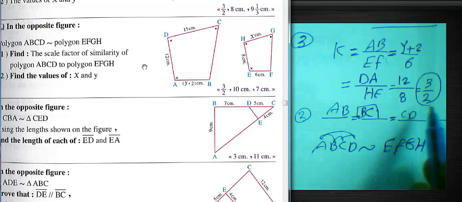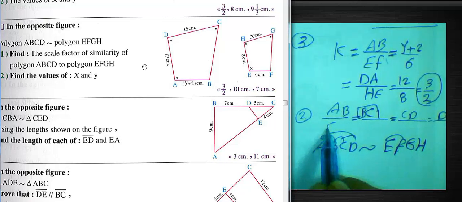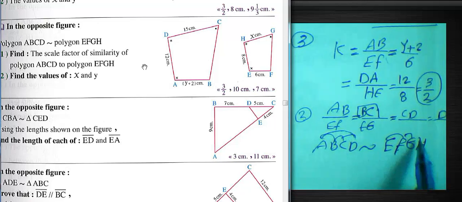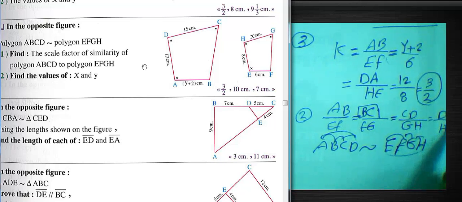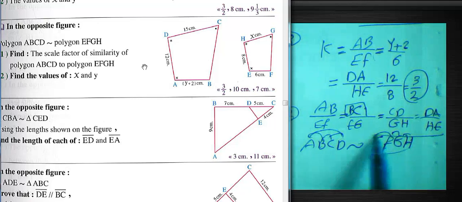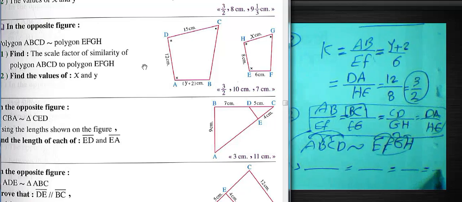You can write this method, okay, EF, FG, GH, HE. And then in this proportion you can put the value of each one, such that AB